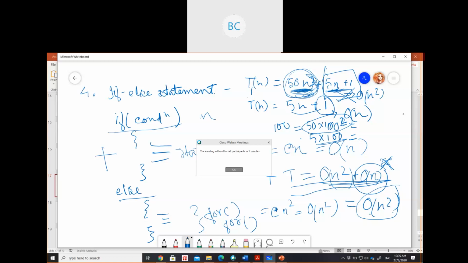It will be the O(n square) part. So in any expression, we will always take the term that will take the longest time to complete running a program. Is it clear to you all?